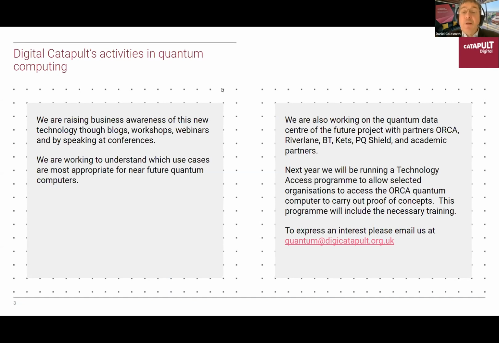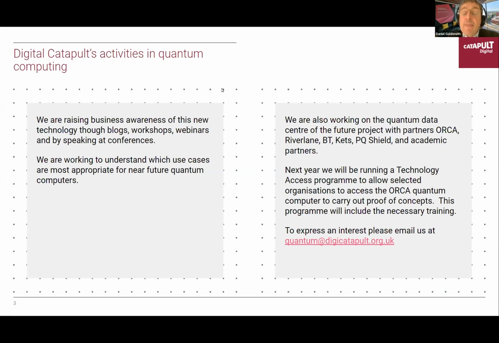And also, we're extremely proud to be working on the Quantum Data Center of the Future project with partners Orca Computing, Riverlane, BT, KETS, PQ Shield, and academic partners. And we're very happy to have Chris from Orca here today, who's going to explain more about this project.